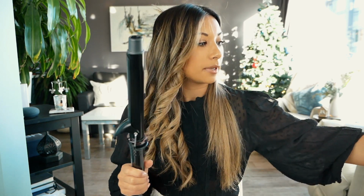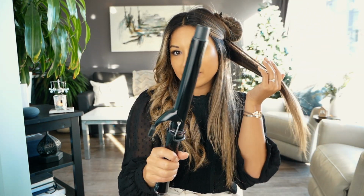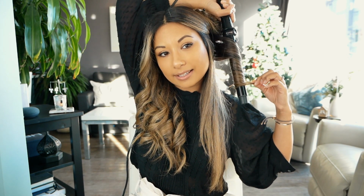This technique is different because it doesn't involve the clamp, so I'm gonna spray the ends. It just smells so nice. It literally smells so nice. Okay, so with this technique I am going to flip the barrel over like that and basically just wrap my hair around the barrel and hold it for a couple of seconds